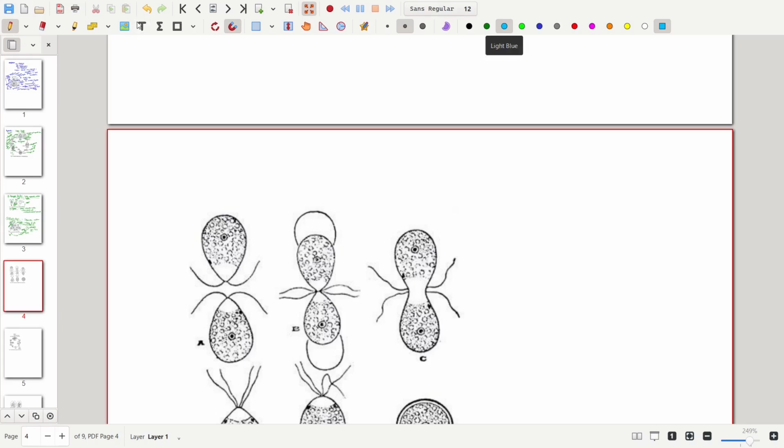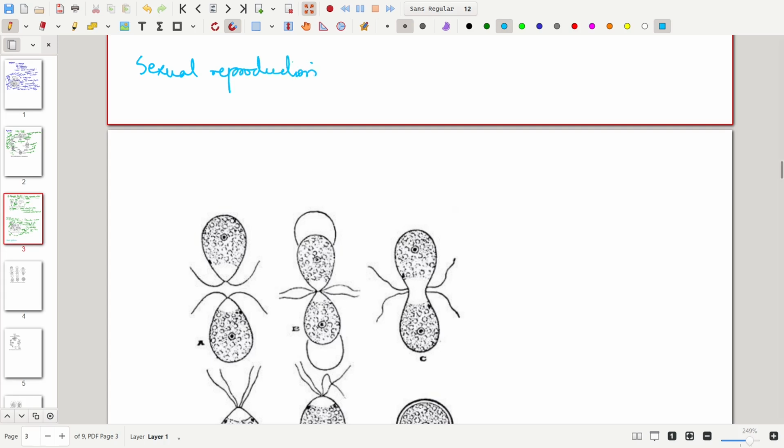Reproduction in Chlamydomonas. Sexual reproduction. Let me discuss the sexual reproduction. It takes place under unfavorable conditions. Unfavorable conditions mean conditions like nutrient deficiencies or drought,